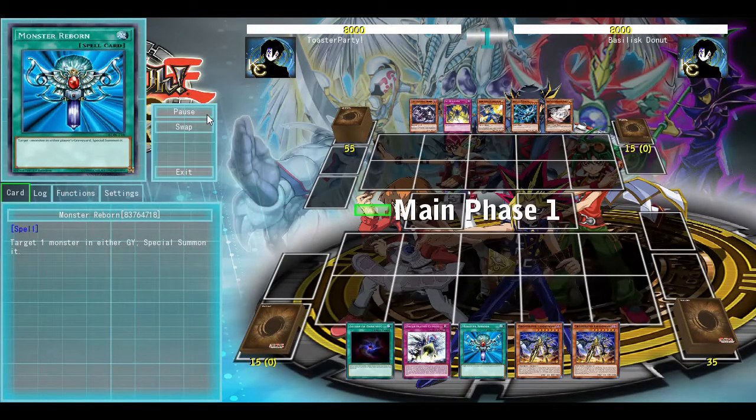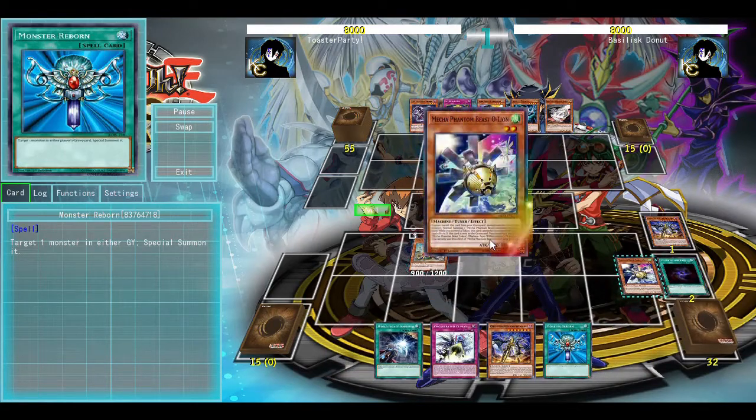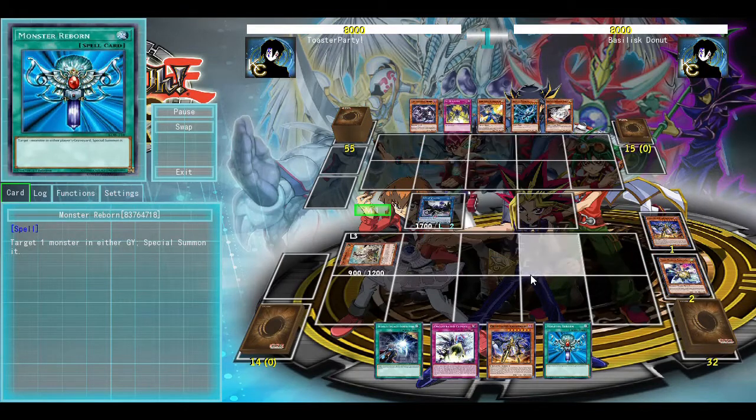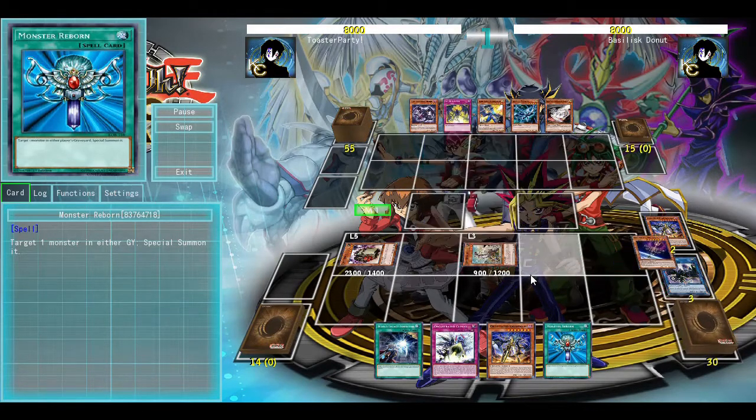Our hand is pretty miserable, but Allure of Darkness fixes that immediately with a copy of Scrap Recycler. Scrap Recycler, of course, sends off the Phantom Beast going into Scrap Wyvern. Scrap Wyvern then pops the Recycler, and then summons the Golem, popping the Wyvern correctly, and then I special summon in the Scrap Recycler to my side of the field, pitching World Wand,